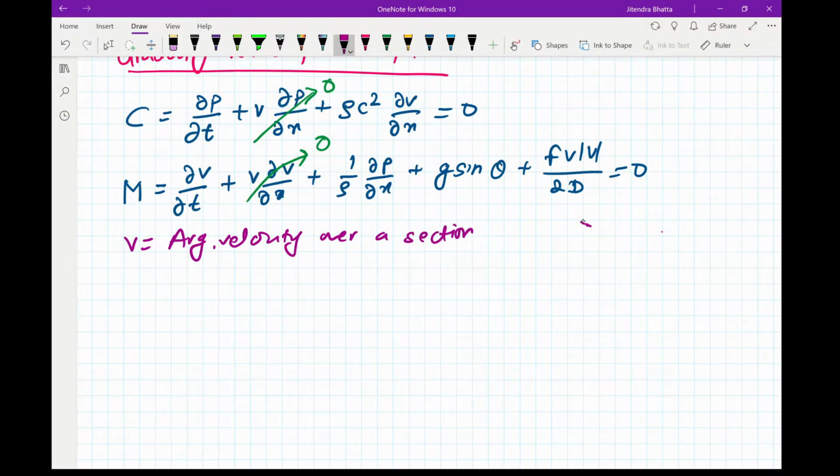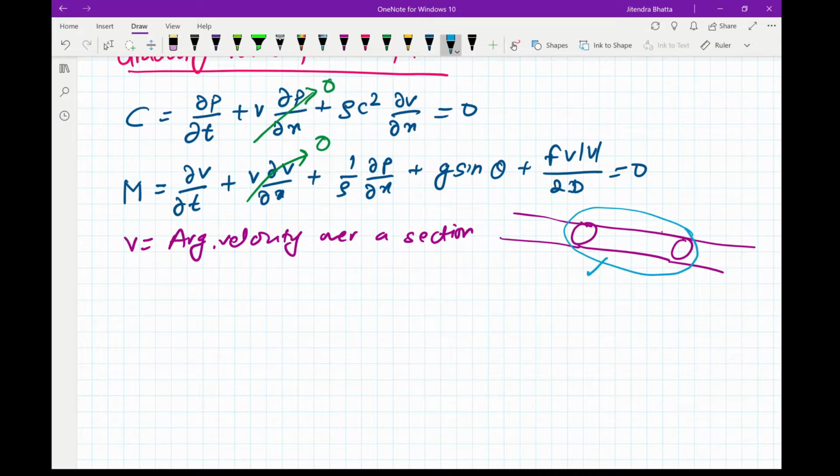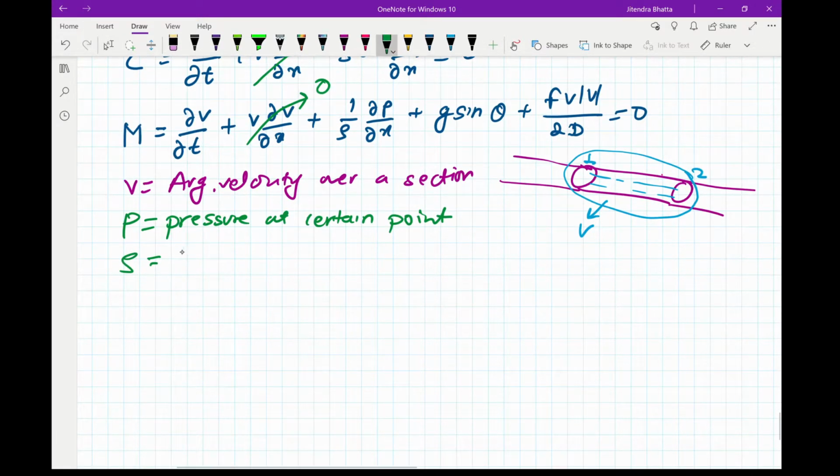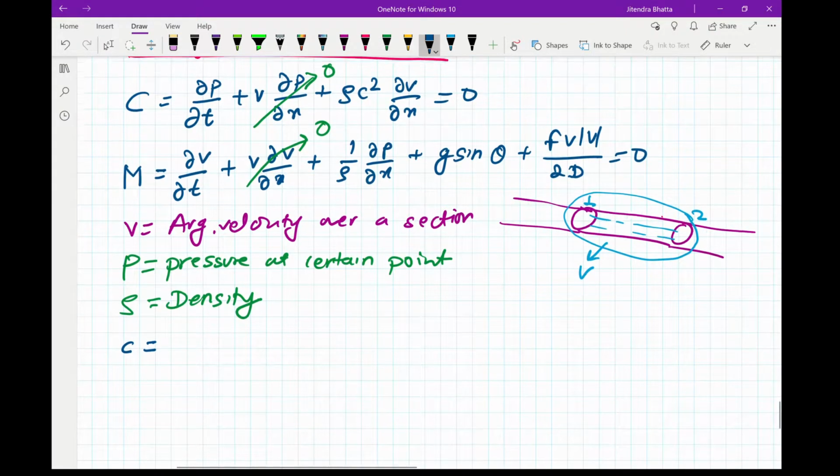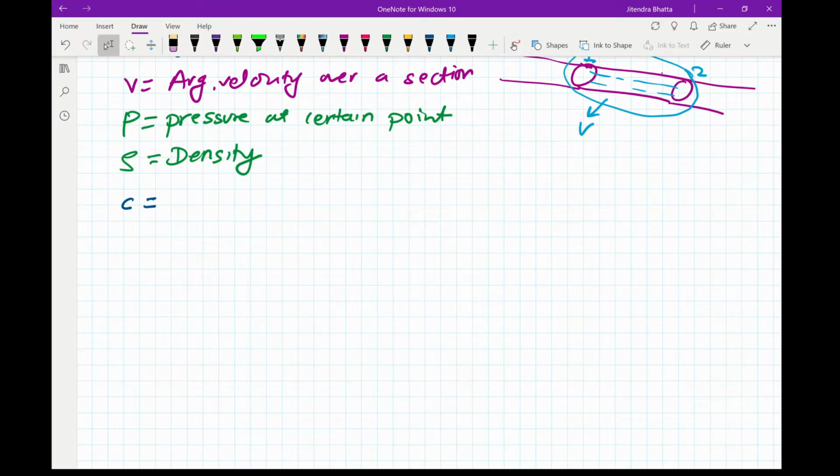If you are taking a pipe like this, a longer pipe like this, and you are looking into this section here, the velocity can be the average velocity of this section here, and P is the pressure at a certain point, and rho is the density. Small c is the celerity of the wave, which is given by